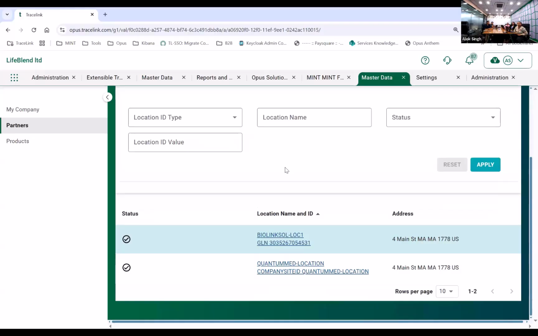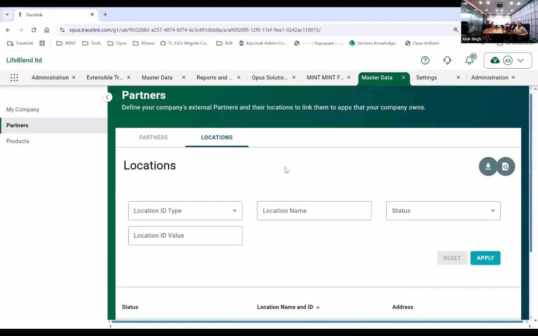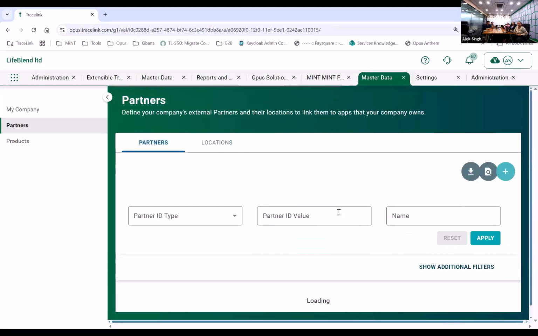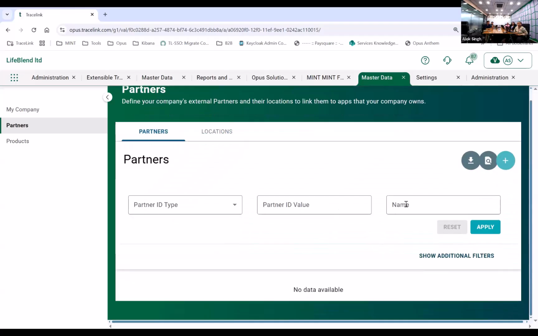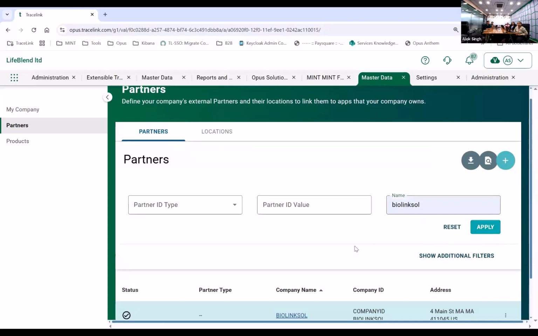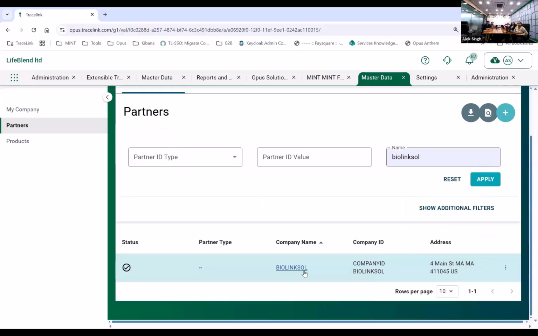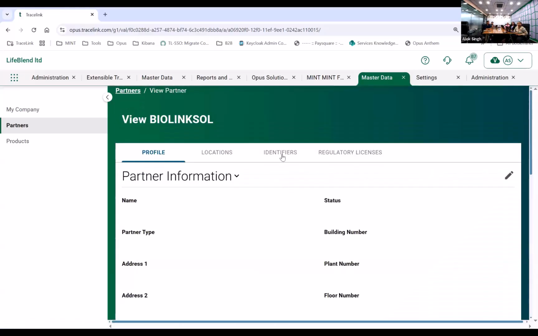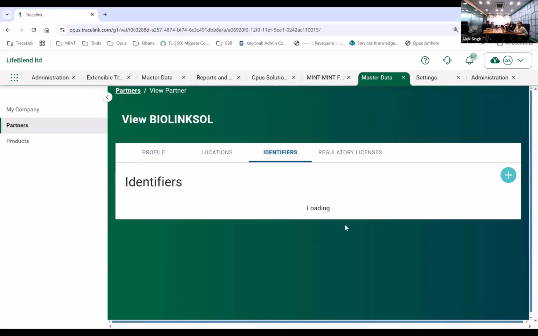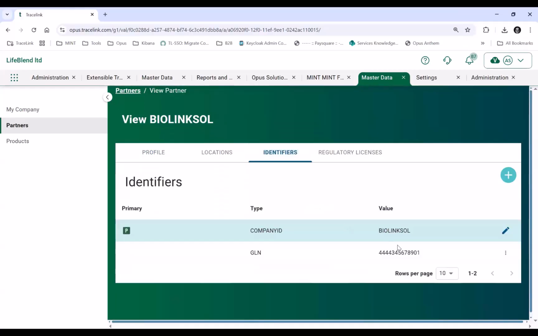So this would be the first step that you'll have to ensure, that the partner master data is created and added. One of the things that I would like to highlight here is when you add your partner master data to the system, there will be some set of identifiers that you will add for your partner, right? Now,